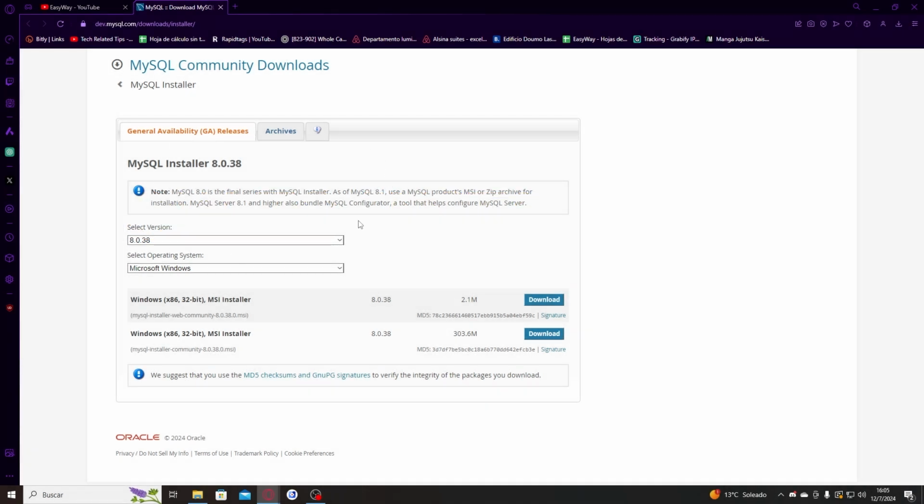So MySQL is an open source relational database management system. The name is a combination of the name of the co-founder, Michael Widenius, and SQL, the abbreviation for structured query language. So here you have to select the latest version and the operating system you are using and press